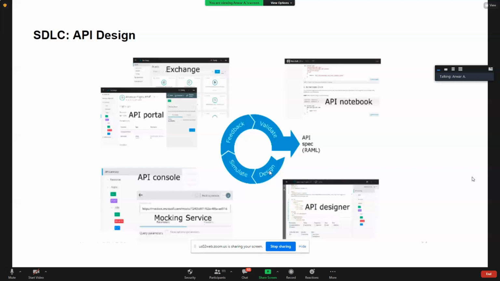So in the Design Center, in the API design phase, the main tool is the API Designer. Once we design it in the API Designer, we have the mocking service where we send requests and we mock the requests. At the same time, when you design it, the API console is automatically populated. So from here, we simulate using the mocking service, and once we are good with that, we publish it